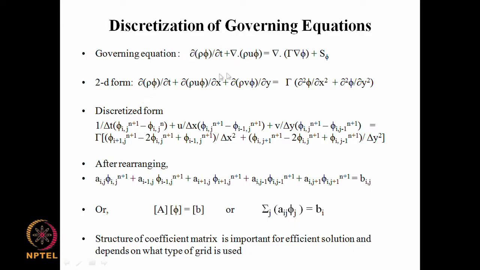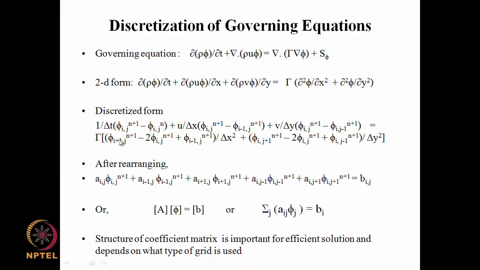And if you take the two-dimensional form of it in Cartesian coordinates, it can be written as dou by dou t of rho phi plus dou by dou x of rho u phi plus dou by dou y of rho v phi equal to gamma, assuming gamma to be constant, dou square phi by dou x square plus dou square phi by dou y square. And we have seen how to discretize this, and especially in the latest example we have seen how this is discretized as part of the SIMPLE method for the solution of